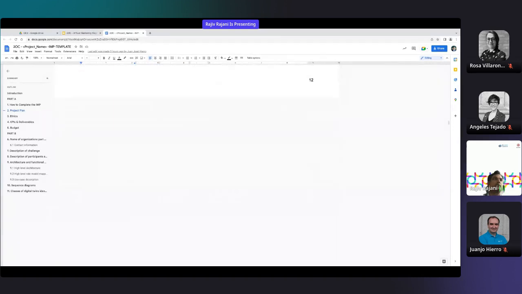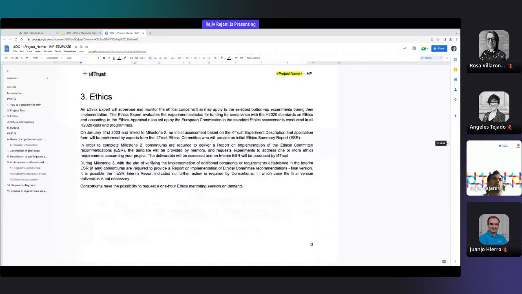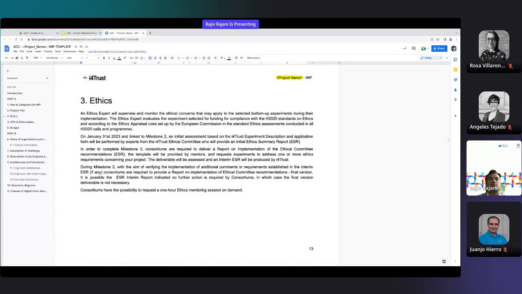I will move to the next section. This is a bit of information about the ethics section, where, as you know, in all European Commission run projects, ethical aspects are always to be considered, and they are considered very important. So do we in this project, and specifically in your experiment, when there is an ethical issue or potential ethical issue, those need to be properly addressed,